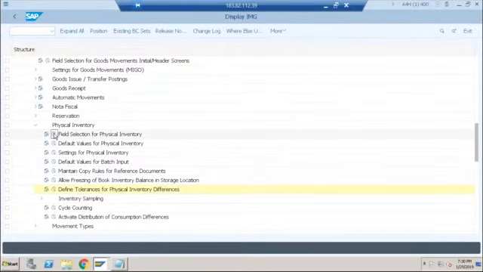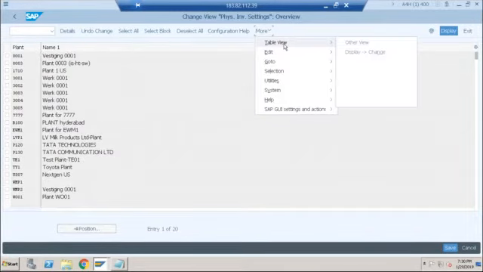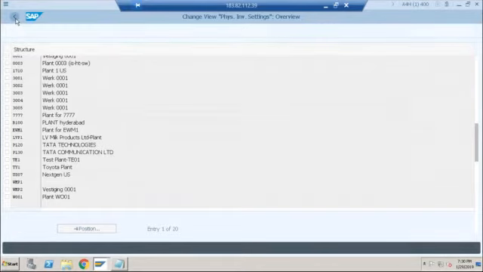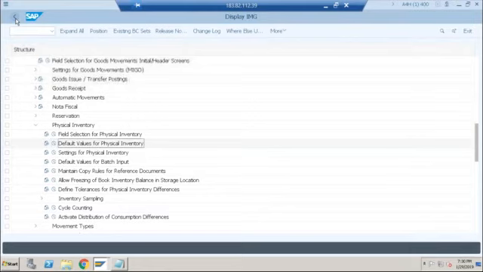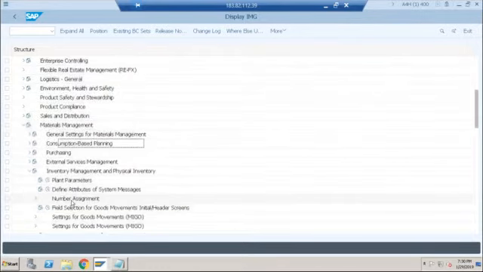Is there an option of new here? I think from here.